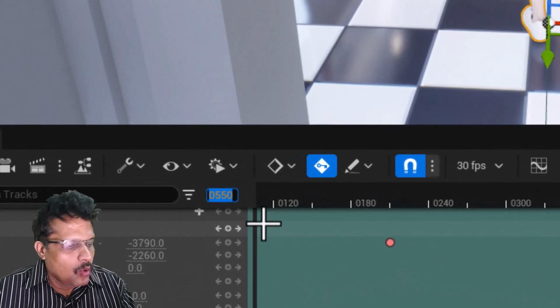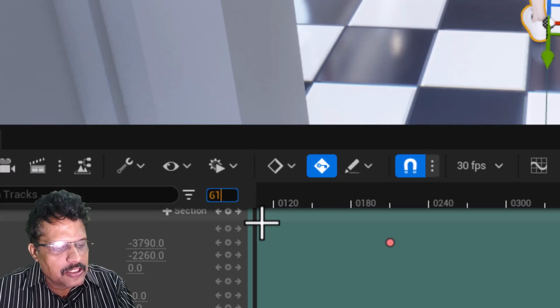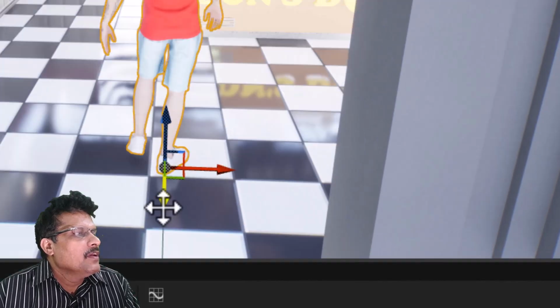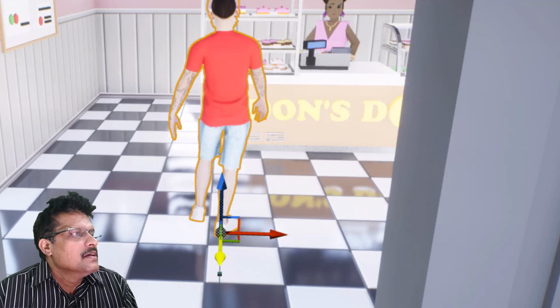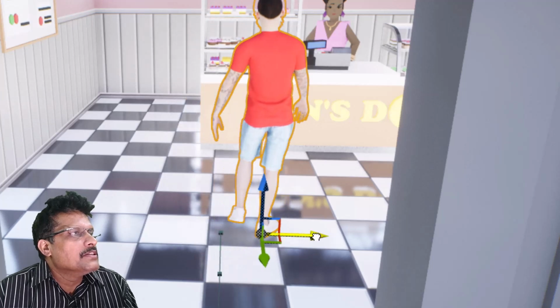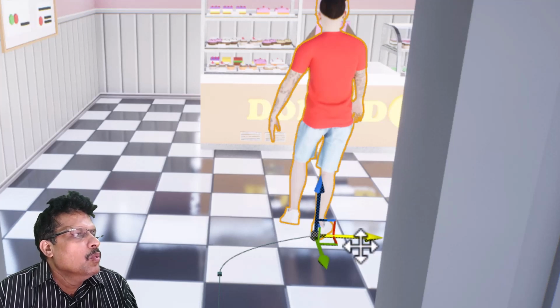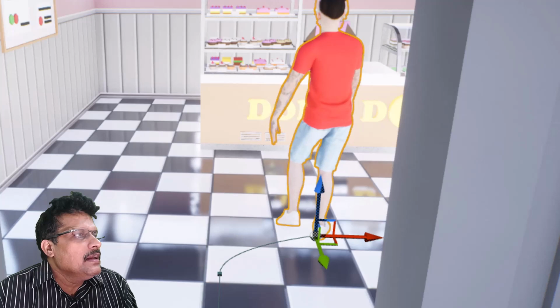Then I will go to around 550 plus 60, that is 610. At about 610, I will move him along the Y axis a little like this, and also along the X axis to here, because he is going to move in this direction,